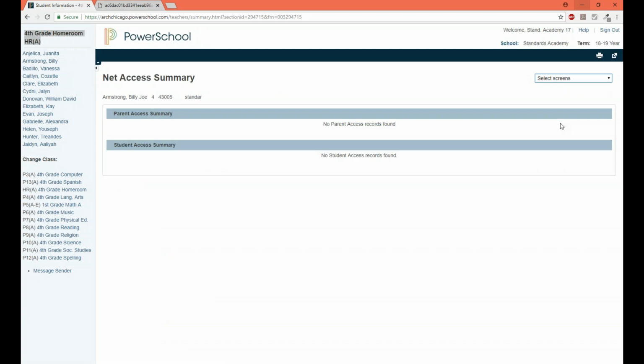Net access summary, I'm not going to cover in great detail, and there's really nothing on screen that we can review, but just to give you an idea what net access summary is. So there is a parent portal component to PowerSchool. PowerSchool has a teacher portal, an admin portal, and a parent portal. In the parent portal, parents can create their own account and log in to check the grades and attendance of a student. This net access summary page can tell you how frequently a parent or a student has logged in to the parent portal and for how long they've been